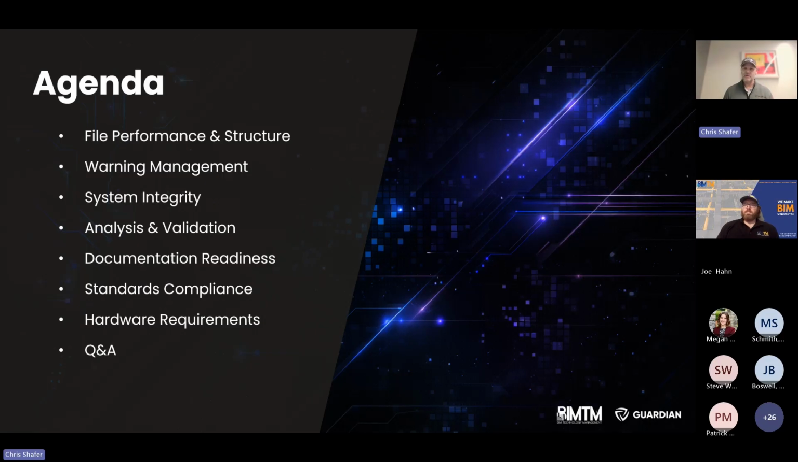I think for most of you who have been a BIM manager and participated in troubleshooting models, a lot of this may not be new to you. But since we have people who may not know who BIM TM is, and maybe not know what Guardian is, we're going to show how the two can work together